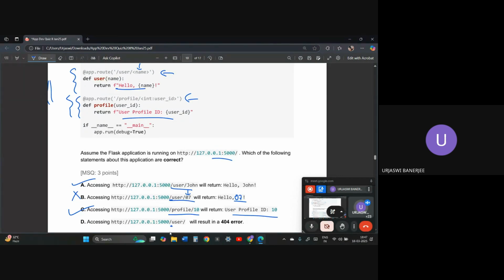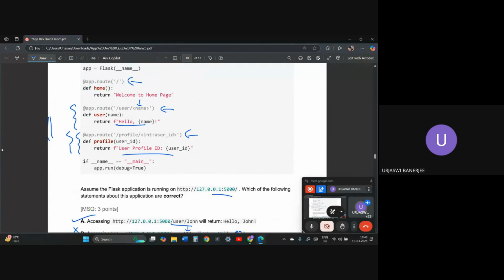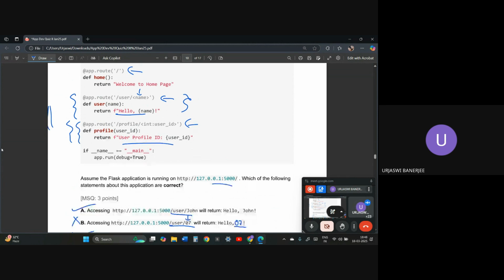And the route slash user slash will result in a 404 error. The slash user slash is entering this block, but unfortunately we have not provided any name.